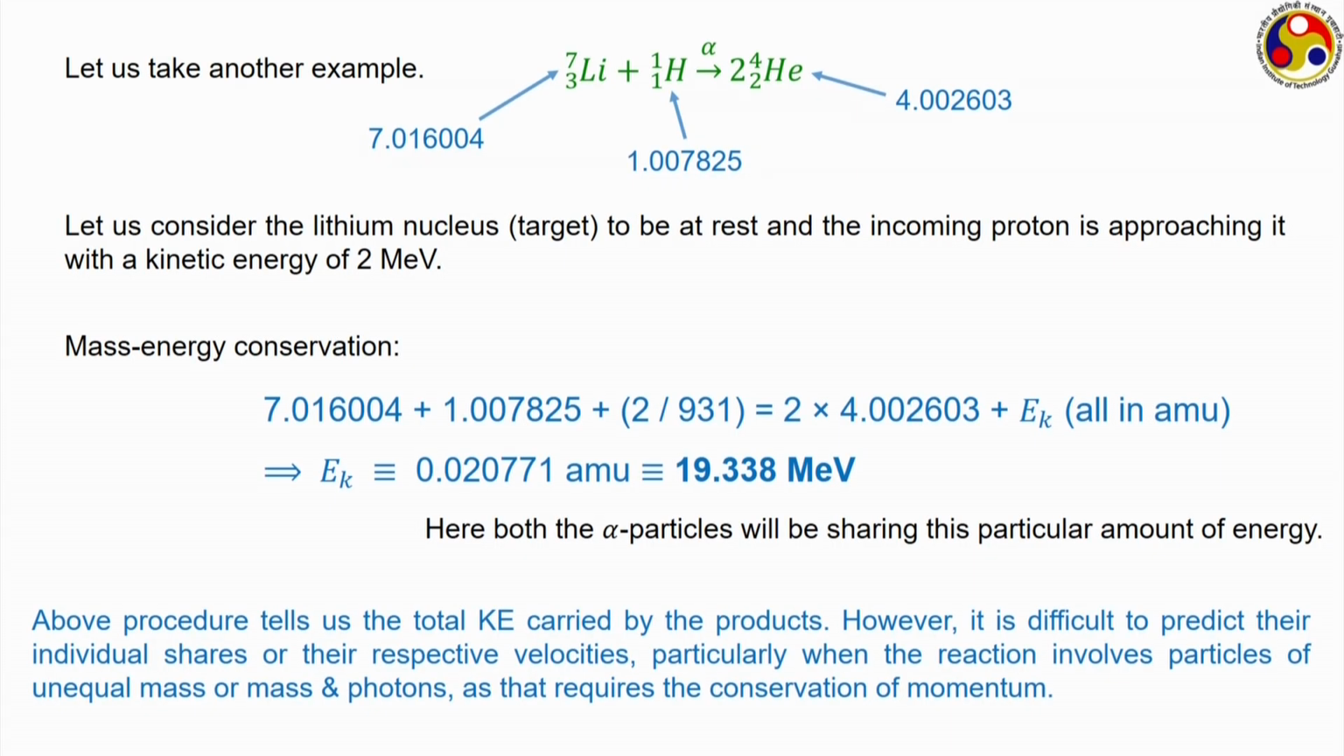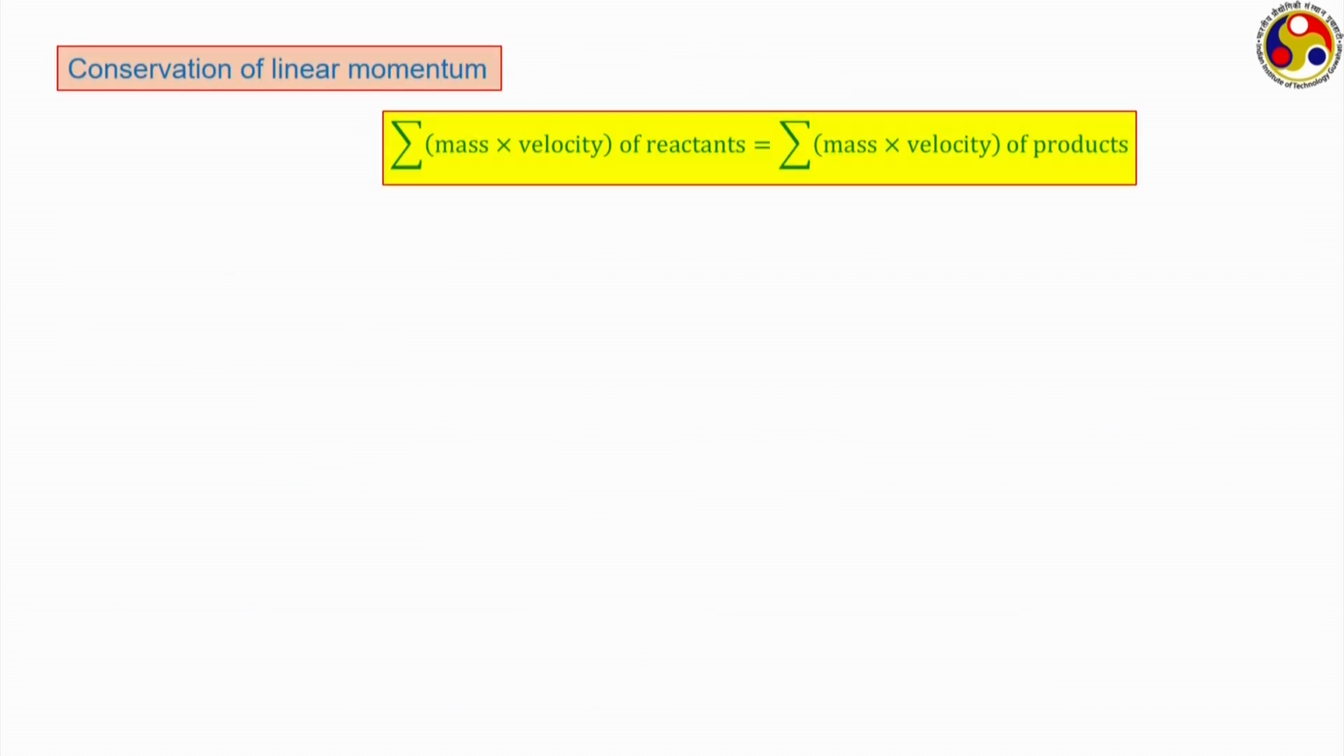But this mass energy equivalence or mass energy conservation does not give you the share of both of them. Rather, we have to go to the conservation of momentum, that is the fourth criterion that is coming into the frame. While we can calculate the total energy available with the products just from mass energy conservation, to get their individual share we are now going to the conservation of momentum,